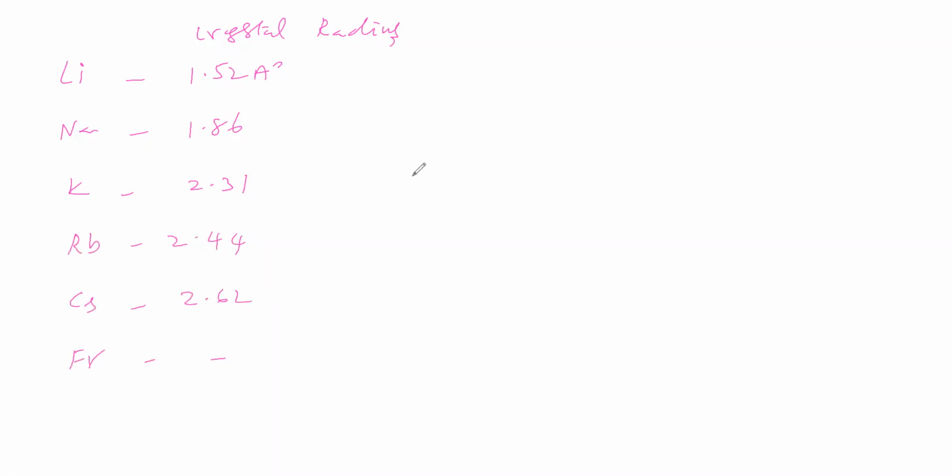Then we will see covalent radius. Lithium 1.23 angstrom, sodium 1.57 angstrom. Next, potassium 2.03 angstrom, rubidium 2.16 angstrom. Then cesium 2.35 angstrom. Now you see that atomic radius, crystal radius and covalent radius, you see crystal radius is